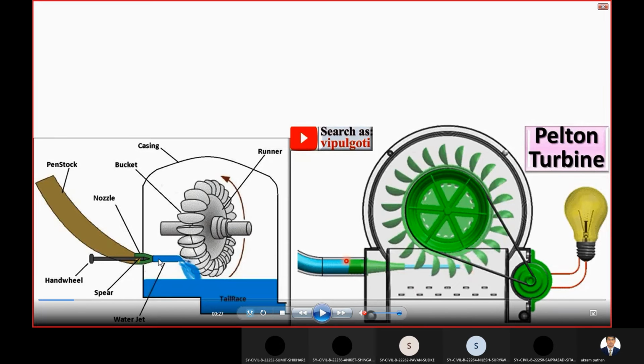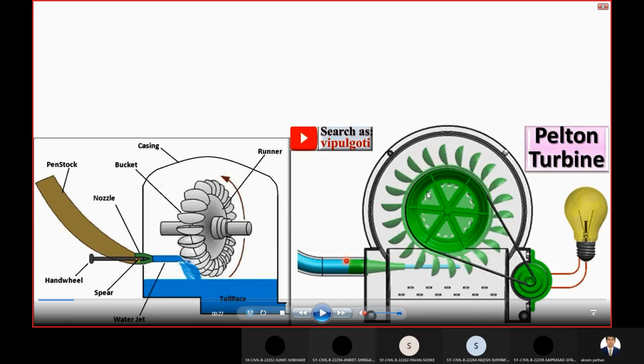When the discharge increases, the jet of water coming out through the nozzle will impact the buckets of the turbine. The bucket is connected to the runner. So this is a runner. The runner is the rotating part of the turbine, and when the water impacts the bucket, the turbine will rotate about the axle. So this is the axle rod. This is about the different components of the turbine.